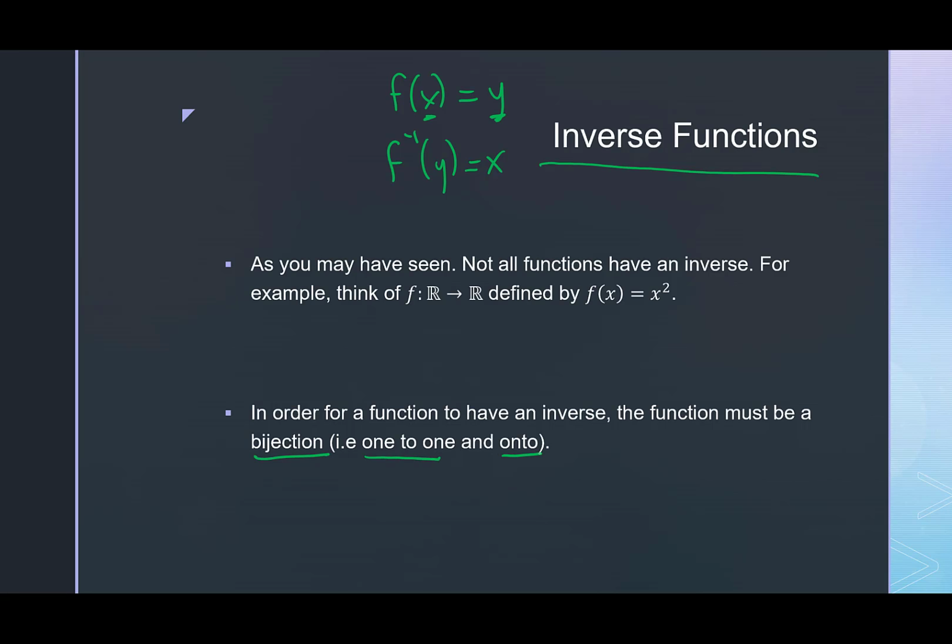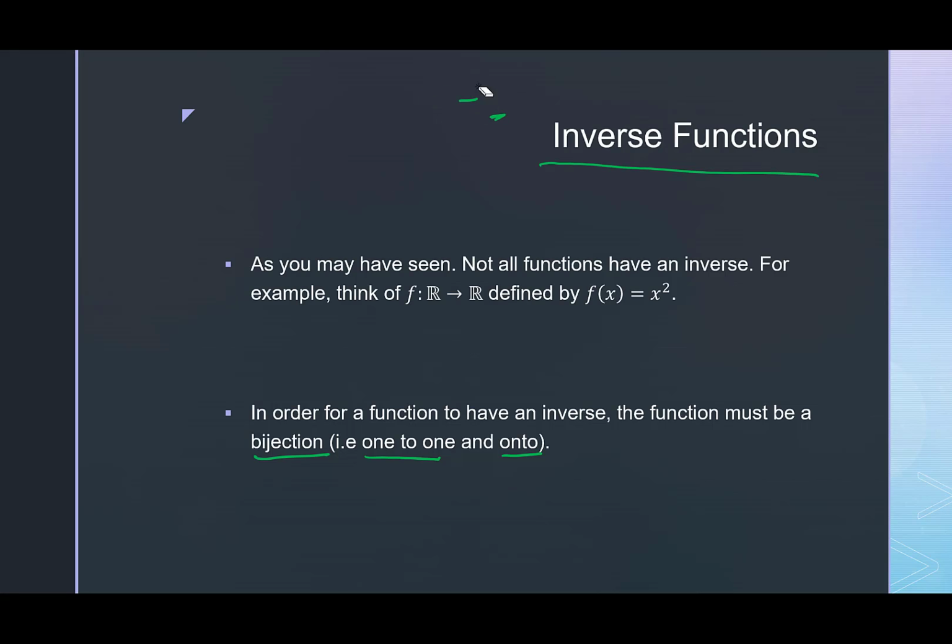The only way you can have an inverse is if you're what's called bijective, or one-to-one and onto. So for instance, the function f defined by x squared, where you consider this function as going from R to R, this function actually doesn't have an inverse when defined like this. Now you might be like, wait, x squared, I know the inverse of that, right? It's square root of x, because how do you undo a square? Well, you just take the square root, right? Well, that's technically true, but we just have to alter our domain and range here.